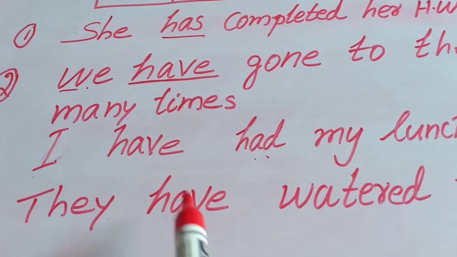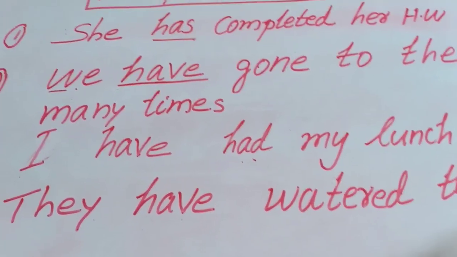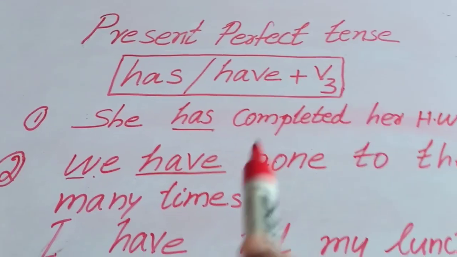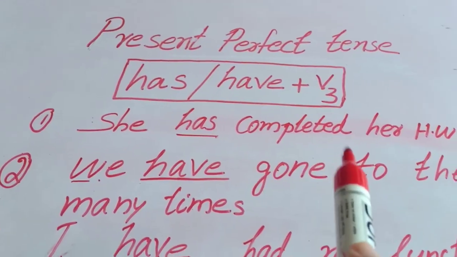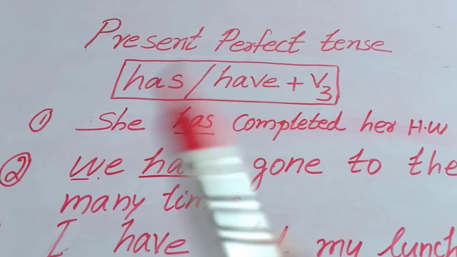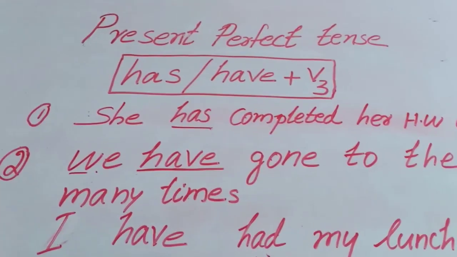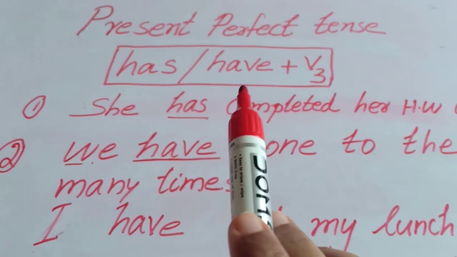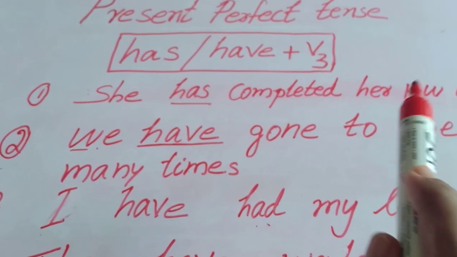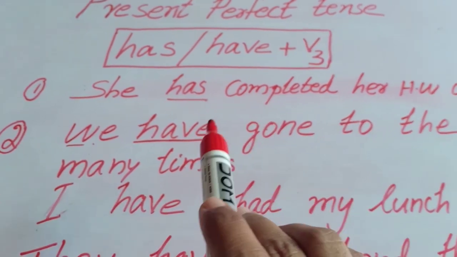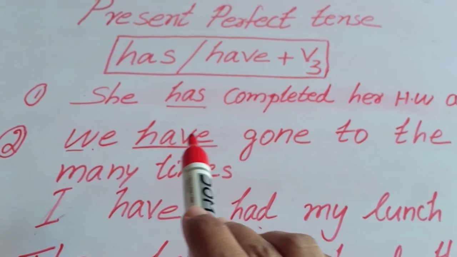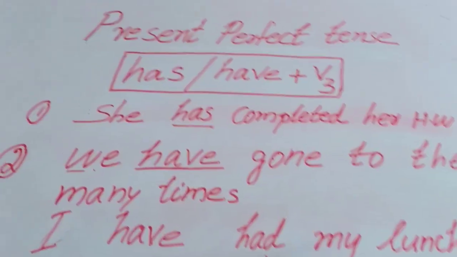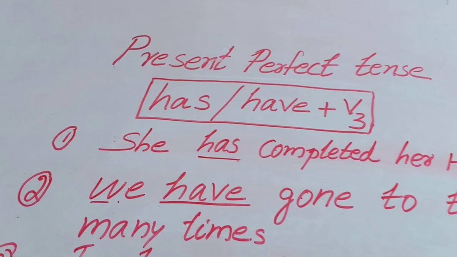So it also happened in the immediate past. So we express present perfect tense for explaining any action that happened in the past and its effect is now. But never use present perfect tense along with any past-related words like yesterday, 2 days back, or otherwise last week, last year, like that. We should never use present perfect tense. Hope you understood it.